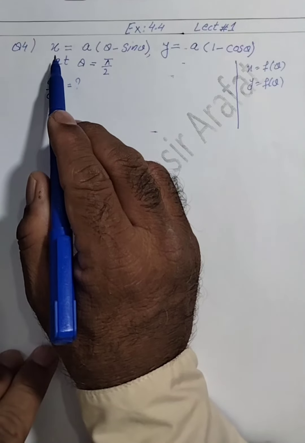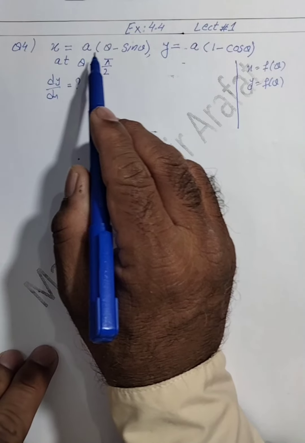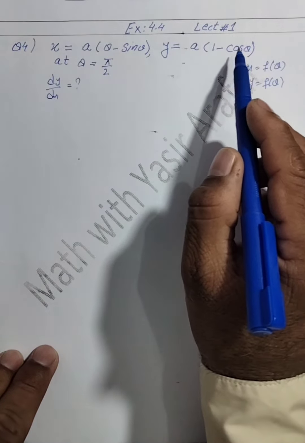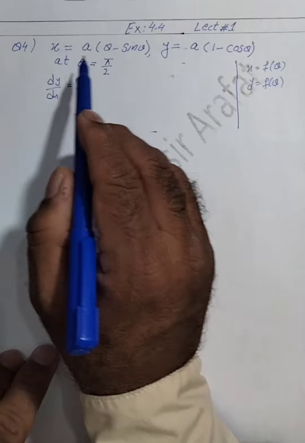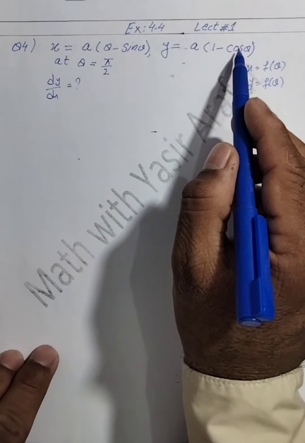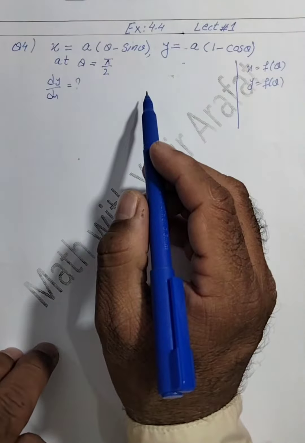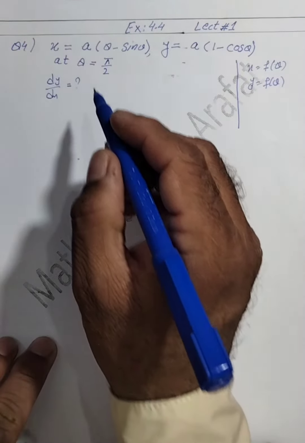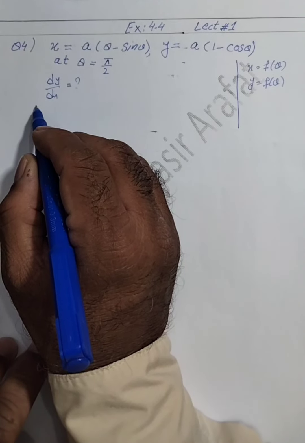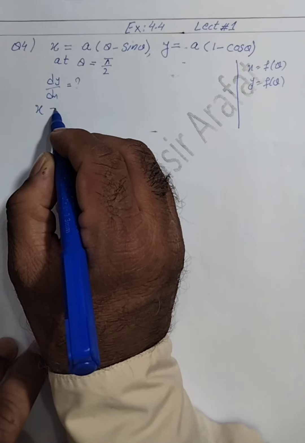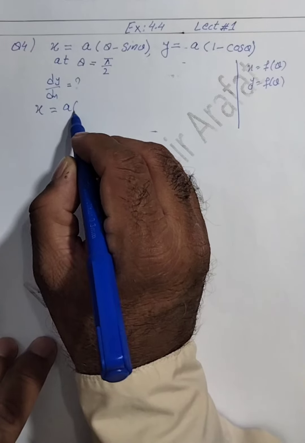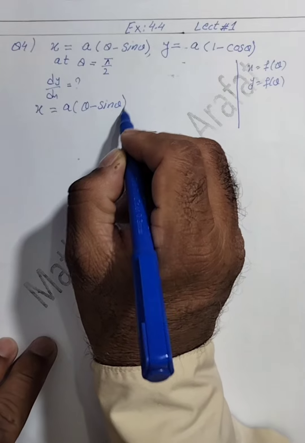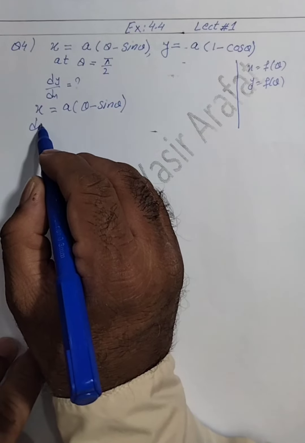For example, here x is equal to a times (theta minus sine theta) and y is equal to a times (1 minus cos theta). So here x and y are functions of theta. These two equations are called parametric equations. And here we have to find the derivative of these two parametric equations. So we have to discuss step by step how to find the derivative of parametric equations here. So this is differentiated